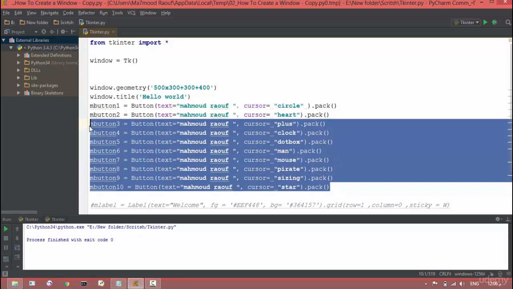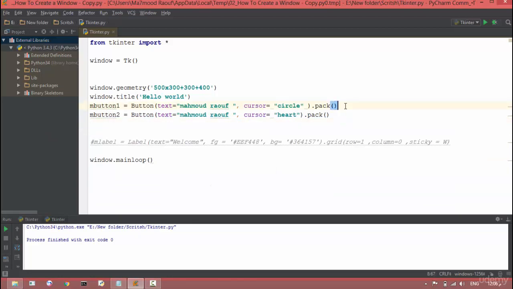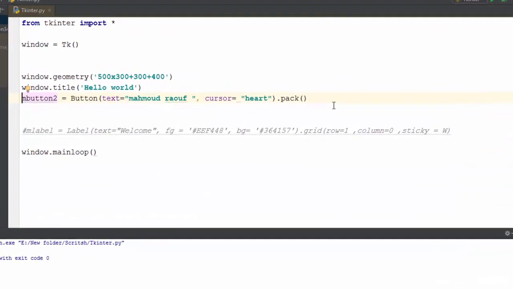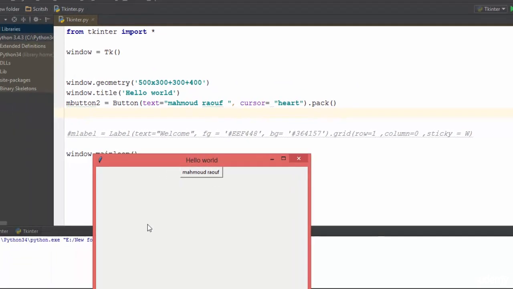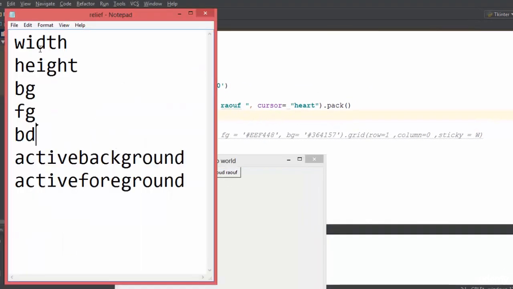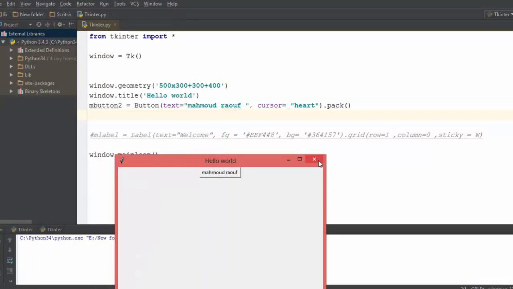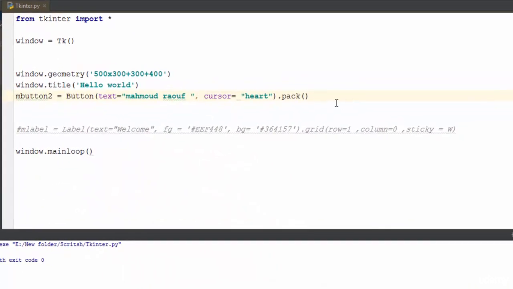Let's delete this and this button, Mahmoud Raouf, and the cursor heart. We want to give it width and height and background and foreground, and I show you how to use BD and active background and active foreground. Let's start. First I give it width